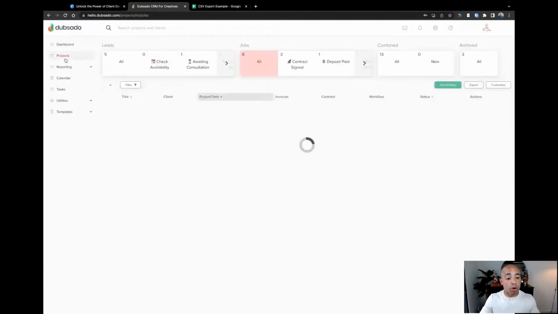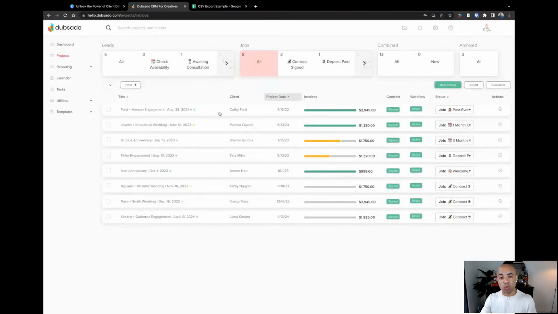So on the projects page, one thing that's really important to know is that the project tags are only visible for you as the business owner. Clients cannot see the tags that are associated with the projects. This is strictly for back-end use. And it's going to be really helpful when we get into exporting the CSV. You're going to want to have tags on there. But why do we want to put all of that in the project title?